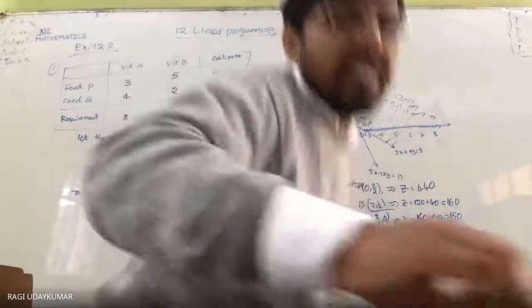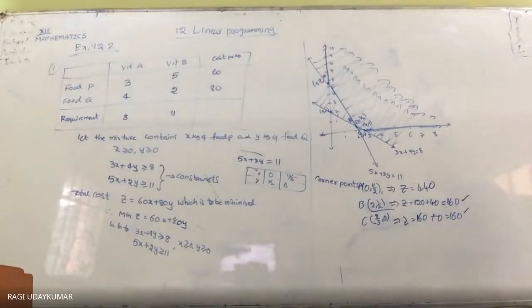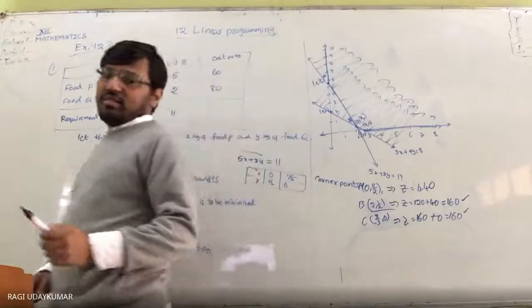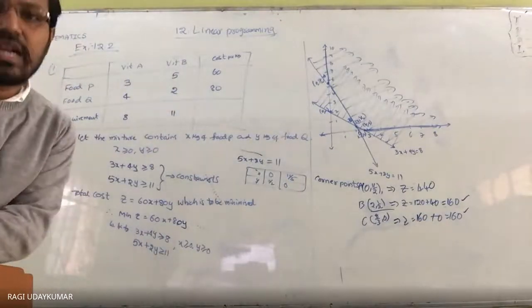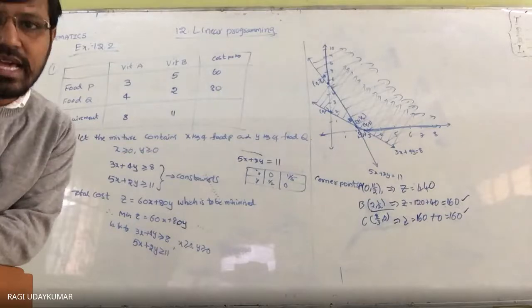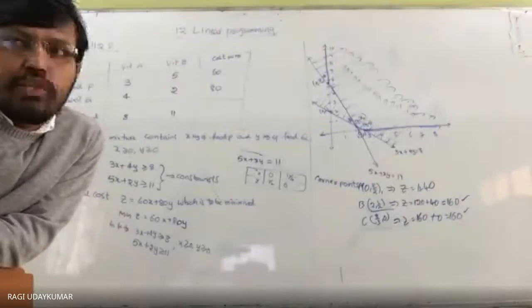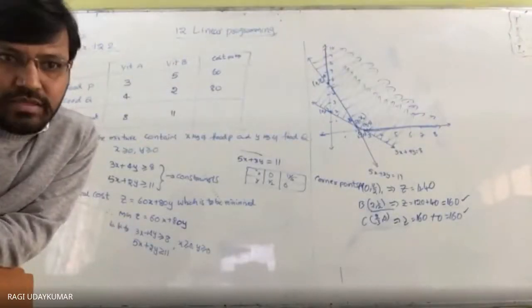Here, whenever you see this problem, actually you have not identified it. Sir, both are the same. Both we are getting the same, 160, 160. So which one should be taken into consideration in this situation? You are not asked that. Which one should be taken into consideration? So actually, food P and food Q should be taken, minimum sum, your quantity.